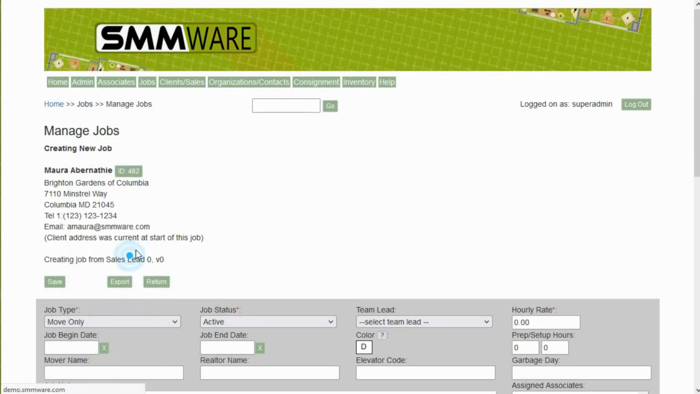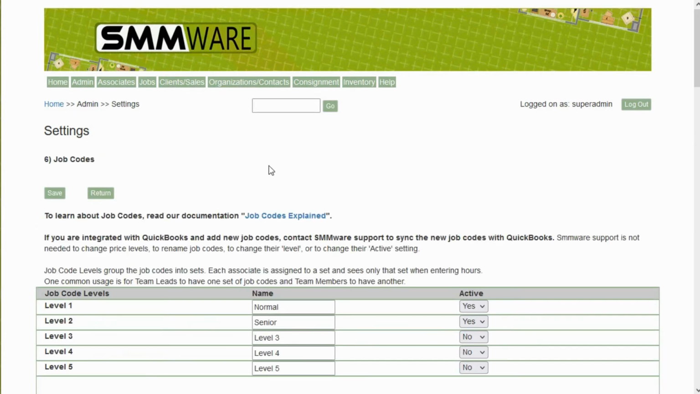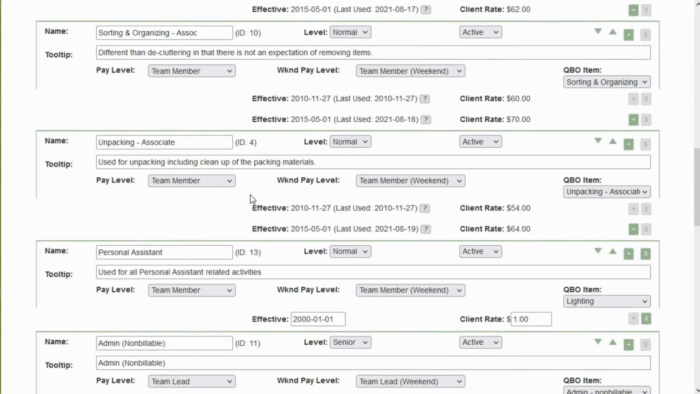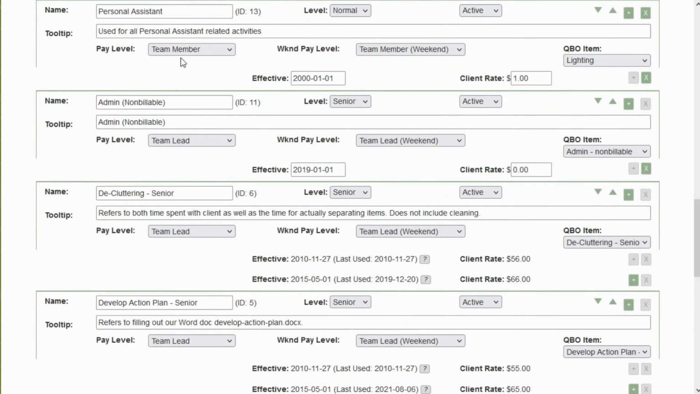Go back to the settings editor and look at our job codes. And you'll see that there are drop-downs for pay levels, one for the regular, which is the weekday, and one for the weekend. You are not required to set a pay level for the weekend. If you do not, then SMMware will simply default to using the regular pay level. You'll set your pay levels for each of the job codes. Some might be a team member, some might be a team lead. Some might have something set for the weekend pay level,